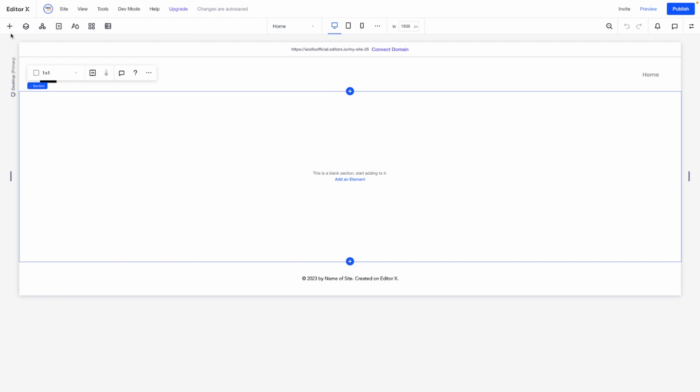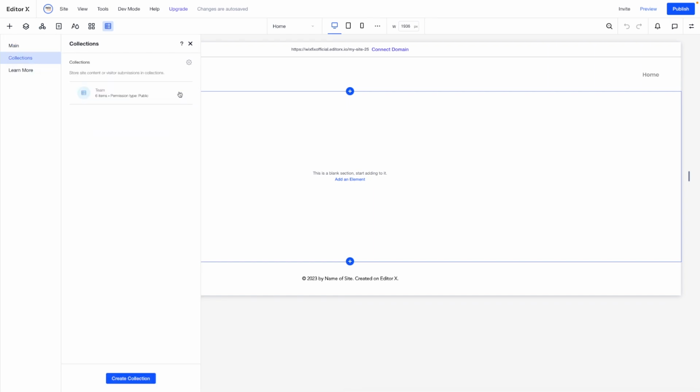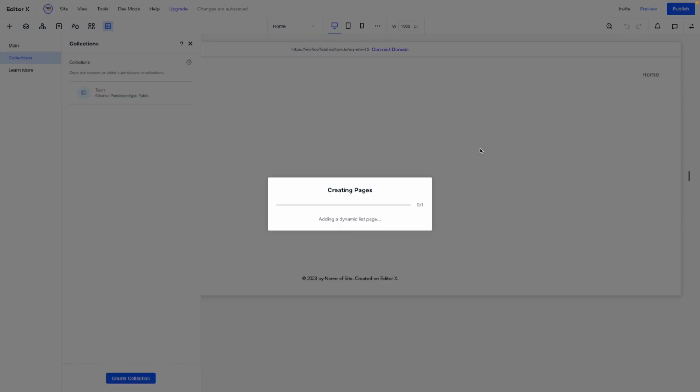But what I want to do now is come over to our database again. We can come over to collections and we have these 3 dots right here. So what we can do is add a blank dynamic page. We can add a dynamic item page, or we can add a dynamic list page. For this example, we'll choose the add dynamic list page, and it's going to create the page for us on